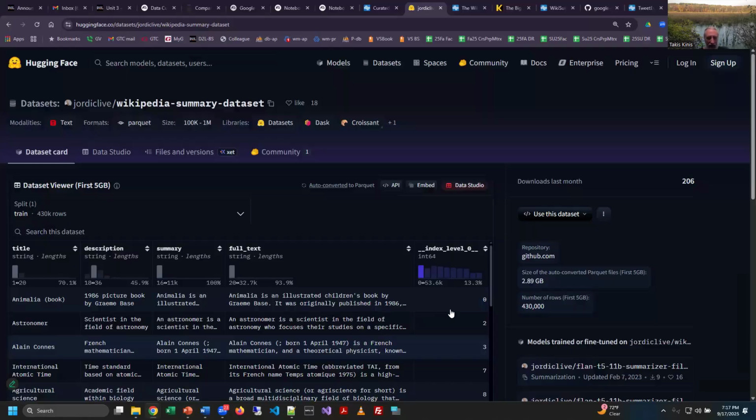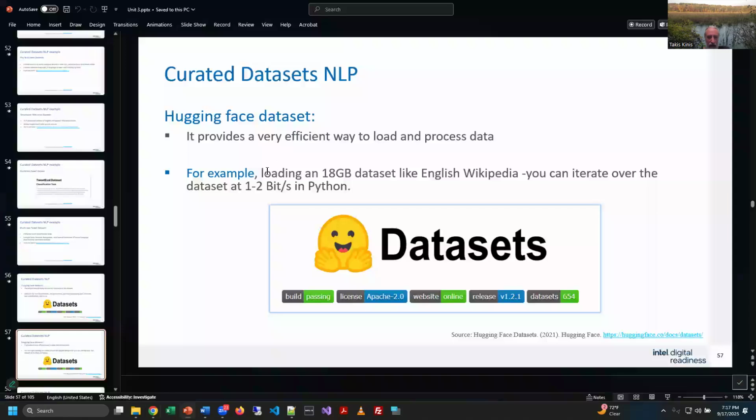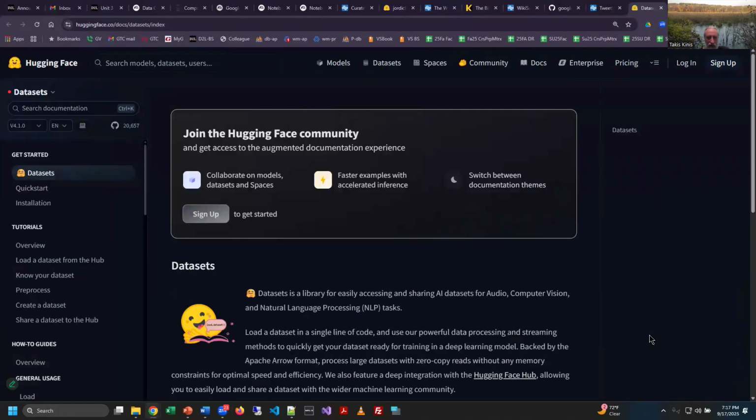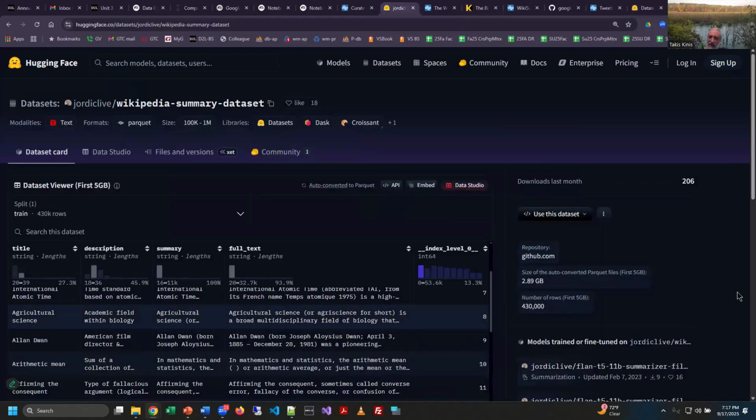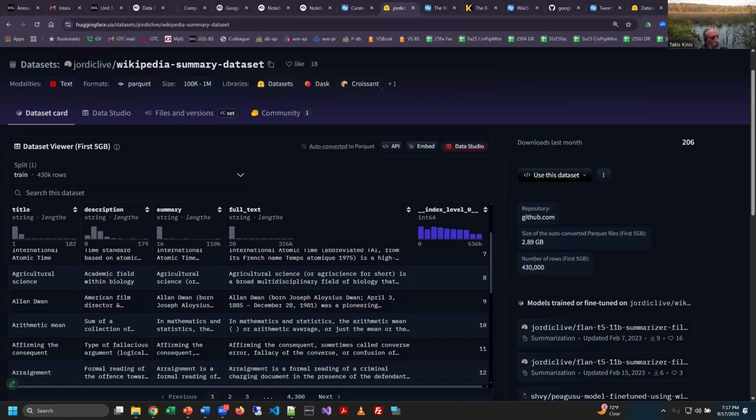Okay, and this is the one that I have up on screen here. When I hit that link on Hugging Face, I did not land directly there, so I had to dig around a little bit, but I basically ended up on this page here. This is the link I'm looking at right now in the chat.